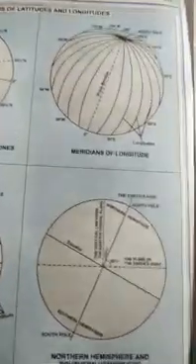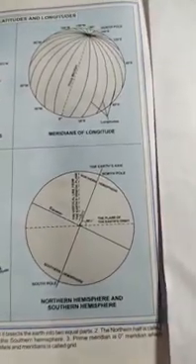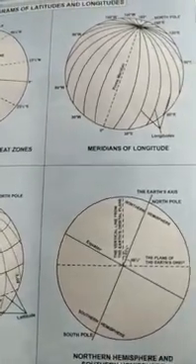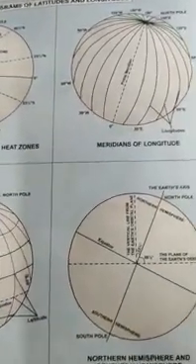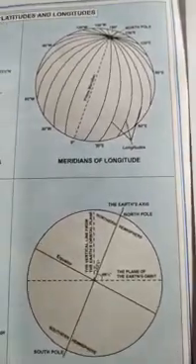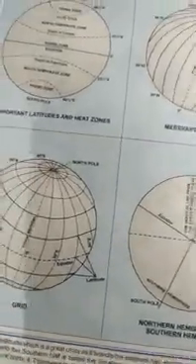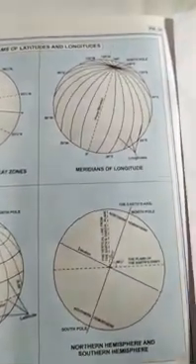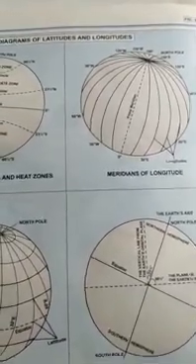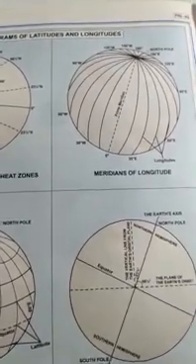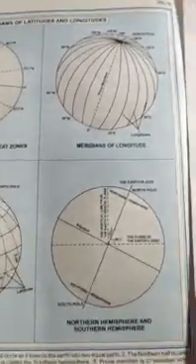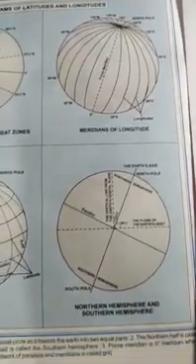The first imaginary line we discussed is the axis, which has the North Pole, and the bottom part is the South Pole. Then the equator line divides the earth into two equal parts, the northern hemisphere and the southern hemisphere. All the parallel lines from the equator up to the poles are called parallels of latitude. It divides the earth into two equal parts, the northern hemisphere and the southern hemisphere.